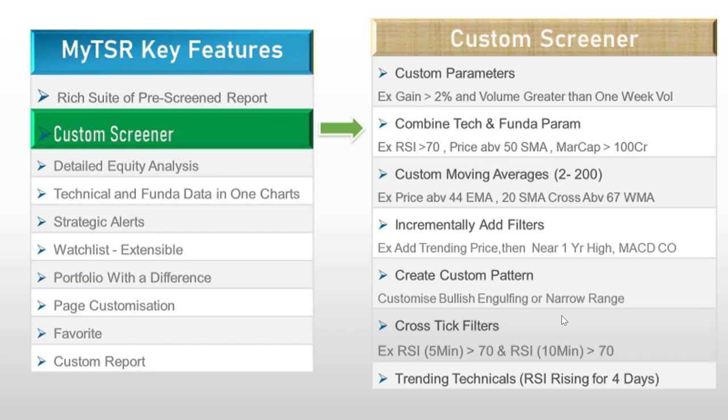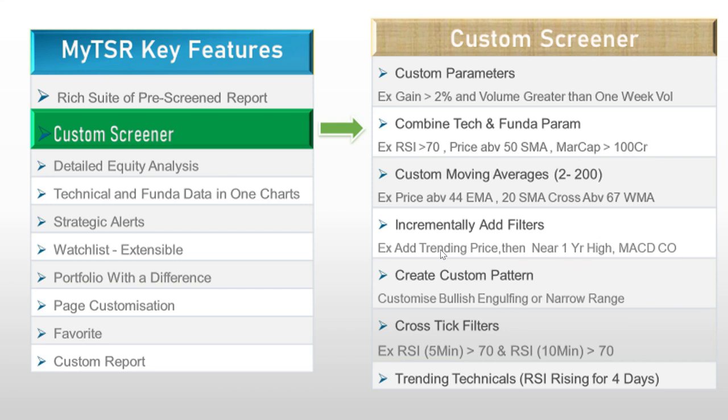You can create custom patterns. The flexibility that we have in the system gives you an option of creating patterns, which we'll learn in subsequent sections. For example, you're not happy with the pre-created bullish engulfing. You want bullish engulfing with a certain height of body, with a certain body length, with the previous body, and it should be formed in the last 3 months with a 3 month low period. So that level of flexibility is provided in custom screener.